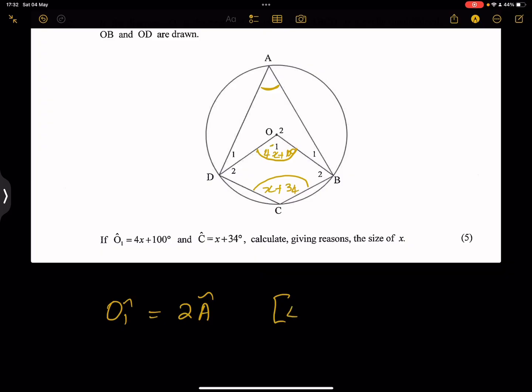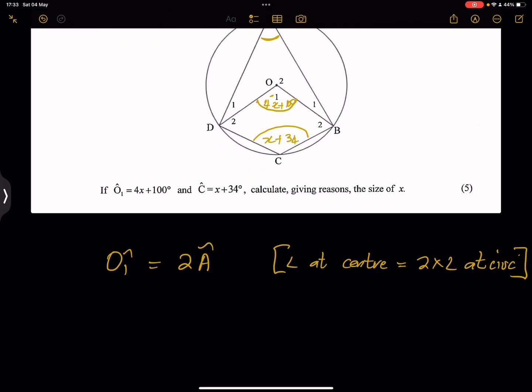That's angle at center equals 2 times angle at circumference. All right, so in this case, we know O1 is 4x plus 100,